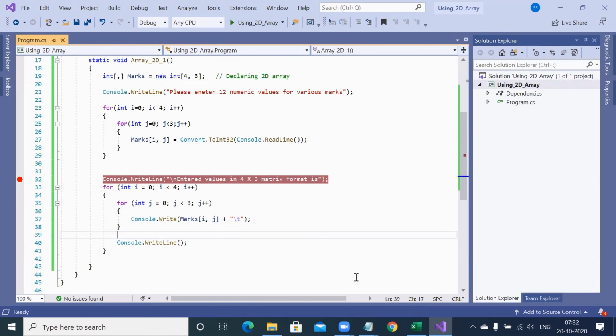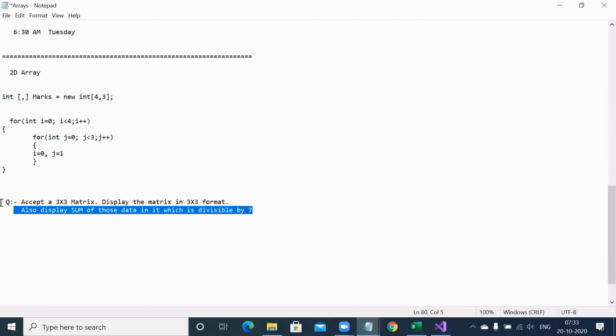Second part is finding the sum. That means you have to take a separate variable, sum equal to 0 at the top, and you have to write somewhere the logic, that somewhere you have to find out that sum equal to sum plus marks of i comma j, like that. And finally, extremely below in the program, you have to display sum of numbers divisible by 7 in this array is this much. Okay. Anybody couldn't understand the question? Try it out. If not happening, you can take my help next class. All right. So this is homework for today.